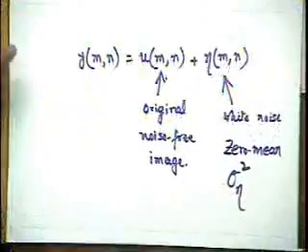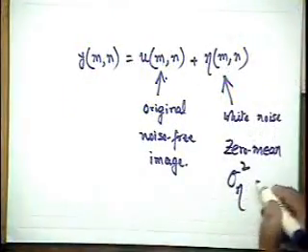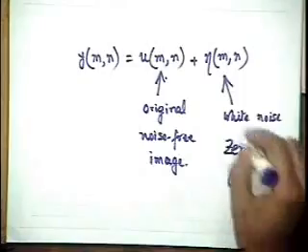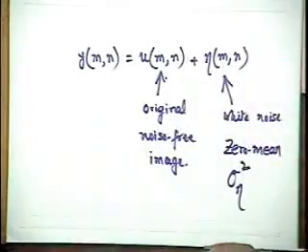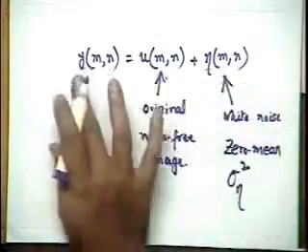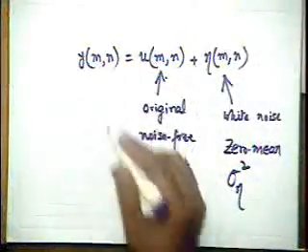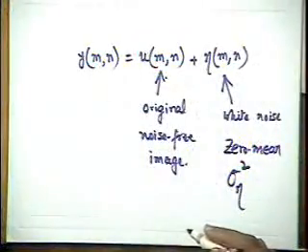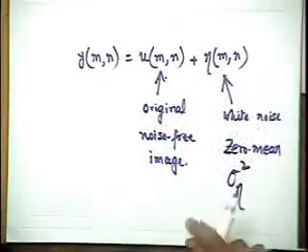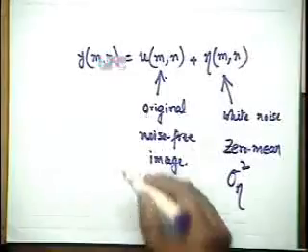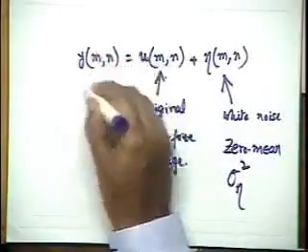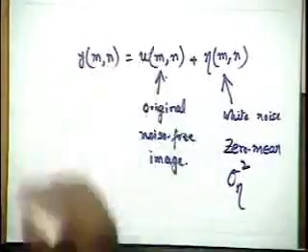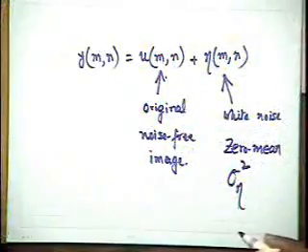I have created this noisy image, which is y of mn, signal plus noise. Now I am going to do the spatial averaging on which image? Obviously on this y of mn. In the process of spatial averaging, what I am really getting is v of mn, the output image, which is equal to